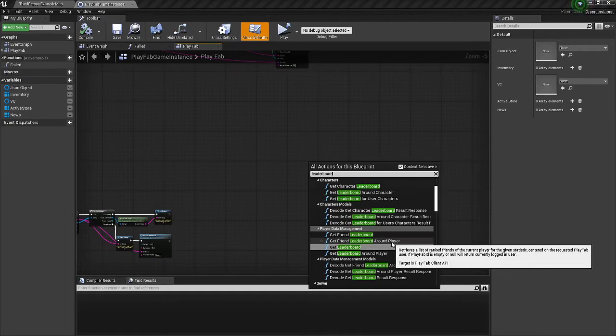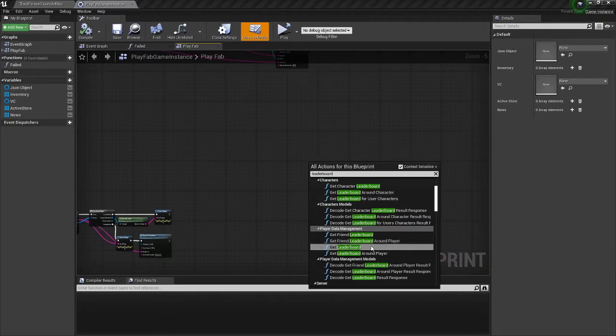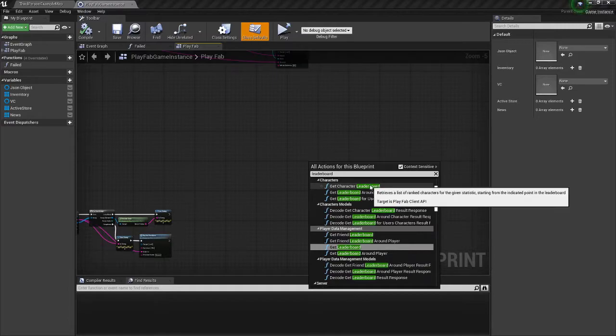So again, this gets the snippet of the leaderboard around yourself, to see how you're doing around your local friends. You could probably also display the top one or top three, depending on how many friends you have, to show them the top as well. You can also just get leaderboard. This is pretty similar to character, but again, characters is more